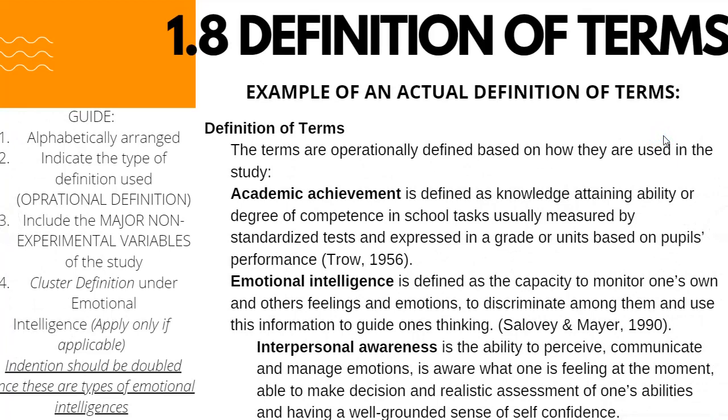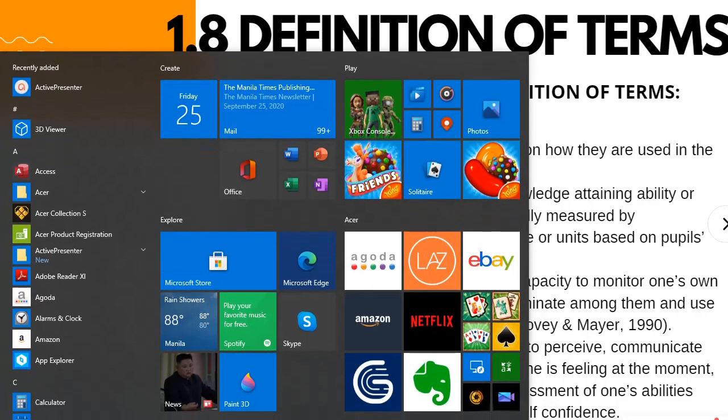For our study, let us use not conceptual but operational. Operational definition: the terms are operationally defined based on how they are used in the study. So again, alphabetically arranged. Indicate that it is an operational definition, and include the major non-experimental variables of your study. Okay? So, to have an example,